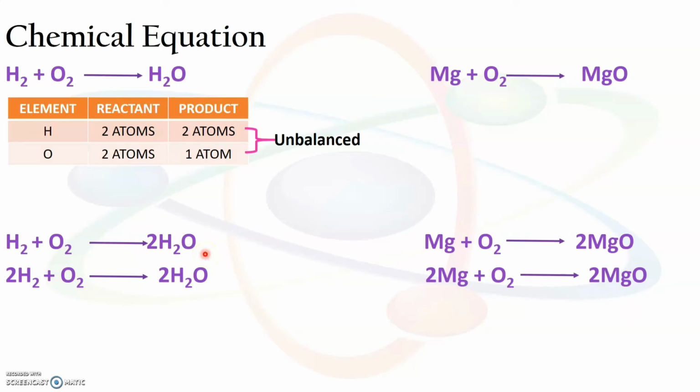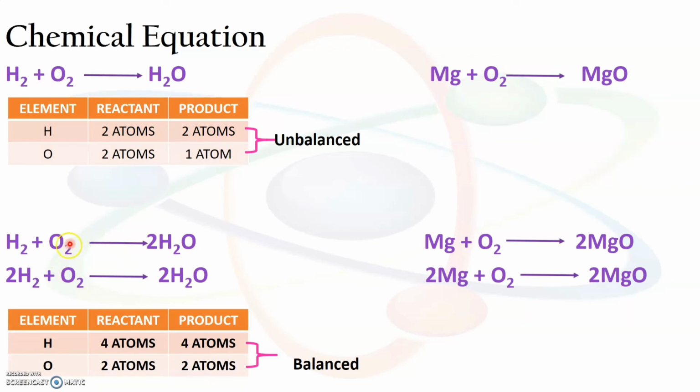Now let us see whether the equation is balanced or not. When you look into this, we see that on the reactant side, there are 2 atoms of the element hydrogen. Let's check on the product side whether it is the same. But on the product side, we see that now there are 4 atoms of the element hydrogen, that is this 2 into 2, so it becomes 4. So again, it is unbalanced. But in case of oxygen, we see that there are 2 atoms of the element oxygen on the reactant side, and on the product side also 2 into 1, that is 2 atoms of the element oxygen.